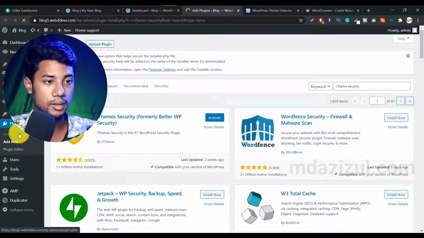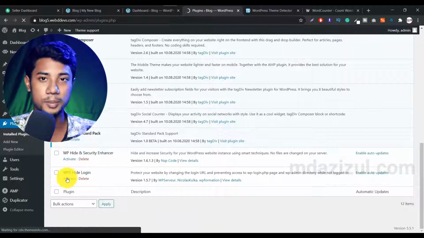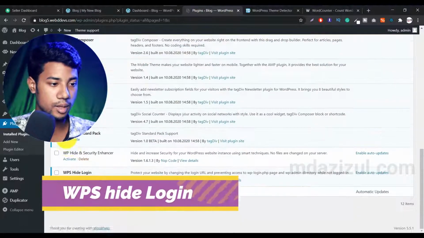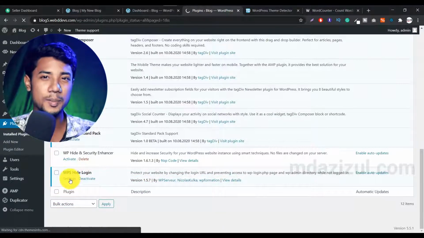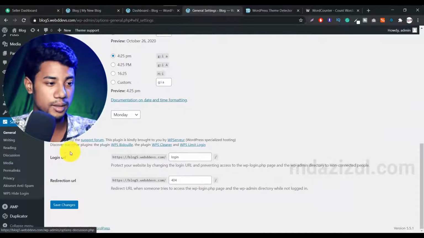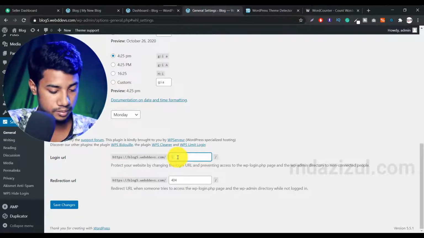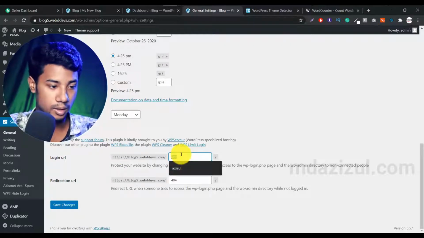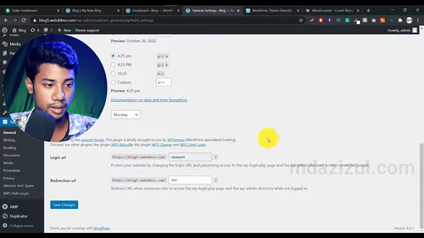Just click here. All right, scroll down and activate this one, WPS Hide Login. Just activate this plugin, scroll down and click on the Settings button, because this plugin helps us hide our admin panel URL. If you see here, the login URL is now the website name /login. So I just type my name, or my YouTube channel name, like WP Expert,